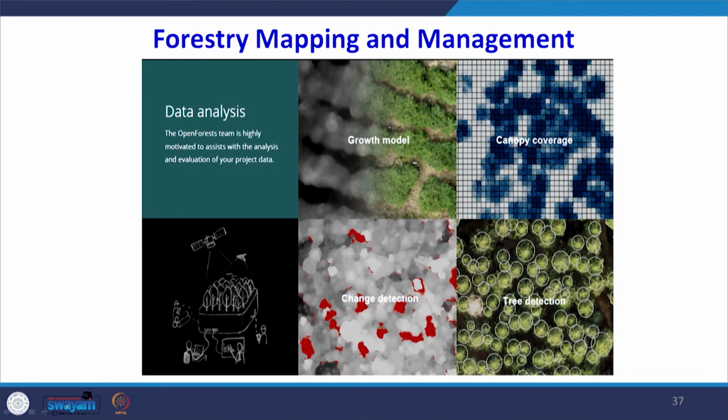So, if we have temporal data from the UAV, we can use it with the growth model, for the growth of the forest area in a particular region. We can have a change detection kind of study, and we can detect each and every tree. There are algorithms developed where, automatically using the UAV images, tree detection has been done. Not only the detection of individual trees, but identification of the species has been done.